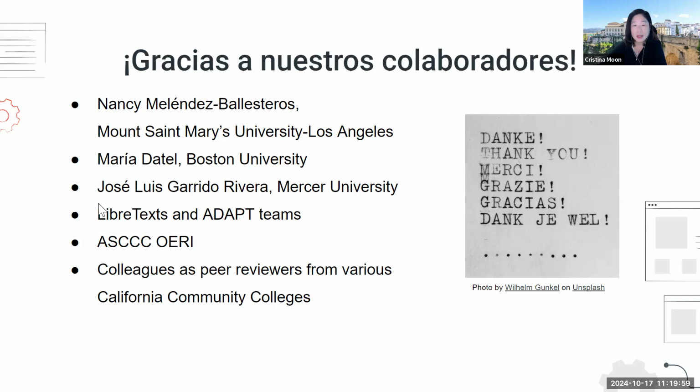And obviously the LibreText and Adapt team, who I believe will be presenting later today. If you want to know more about Adapt and LibreText, please look on the schedule. I believe it's the last session. And the ASCCC OERI, who have been there and funded us from the beginning, and many other colleagues who have been listening to us and watching our progress along the way.